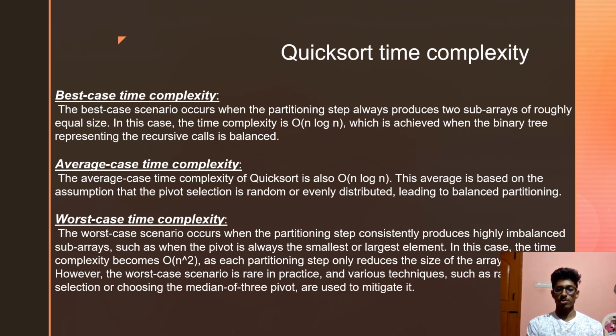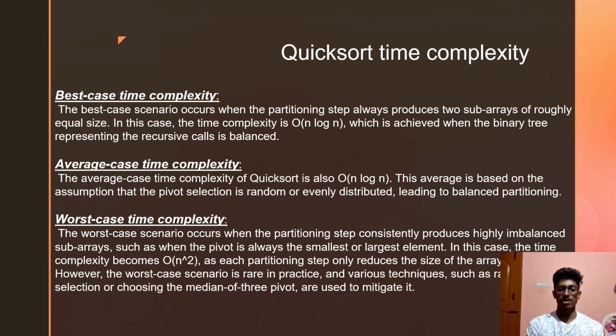So we are going to talk about Quicksort time complexity. Best case time complexity: the best case scenario occurs when the partitioning step always produces two subarrays of roughly equal size. In this case, the time complexity is big O n log n, which is achieved when the binary tree representing the recursive calls is balanced. Average case time complexity: the average case time complexity of Quicksort is also big O n log n, based on the assumption that the pivot selection is either random or evenly distributed,